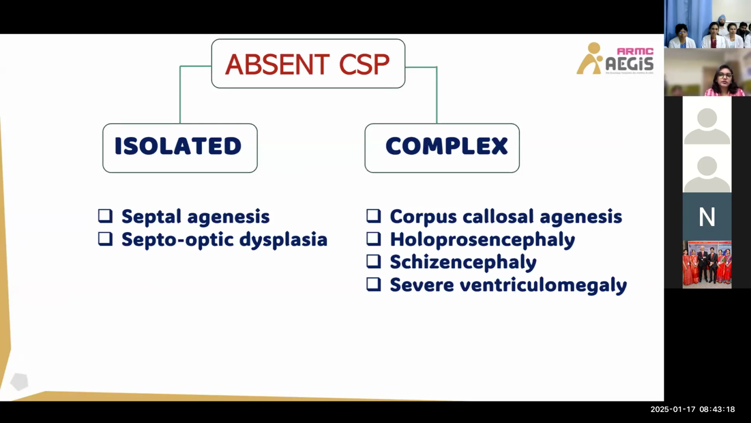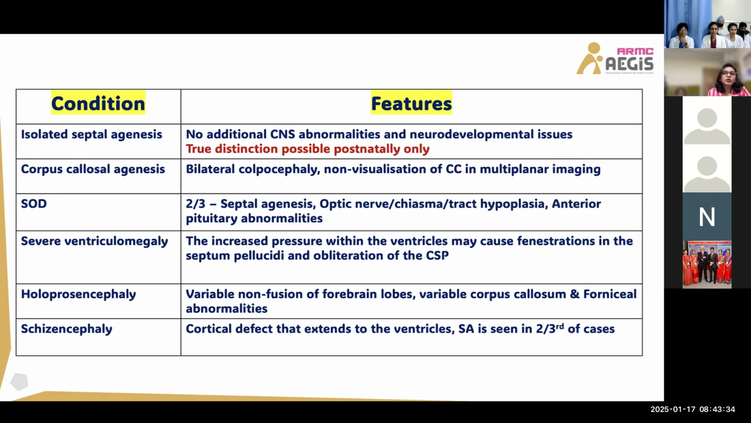So to summarize, isolated absent CSP is seen in conditions such as septal agenesis and septo-optic dysplasia, whereas in complex forms, it is associated with corpus callosal agenesis, holoprosencephaly, schizencephaly, and severe ventriculomegaly. True distinction of isolated septal agenesis is possible only postnatally, whereas in conditions such as CC agenesis along with septal agenesis, the other prominent features such as bilateral colpocephaly and non-visualization of CC in multiplanar imaging will help in making the diagnosis easier. Coming to SOD, as we already discussed, it should have any 2 out of these 3